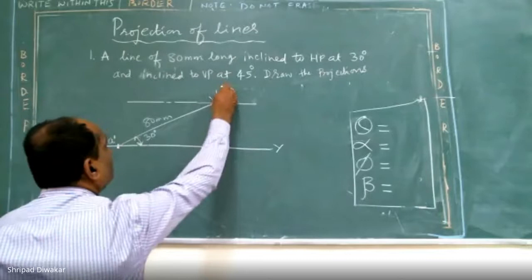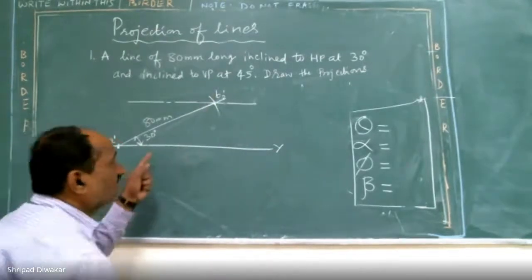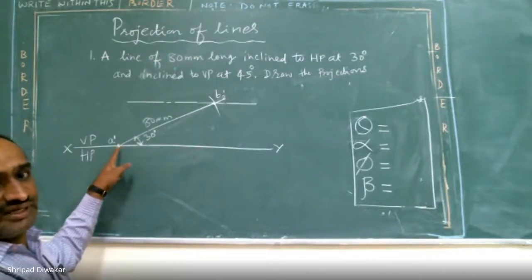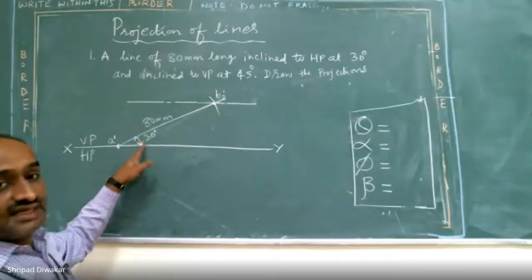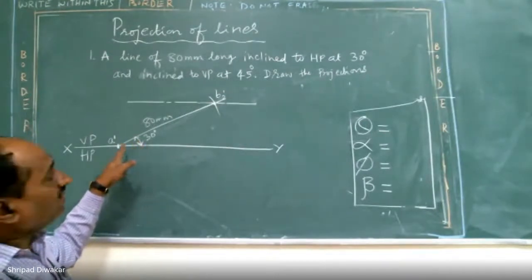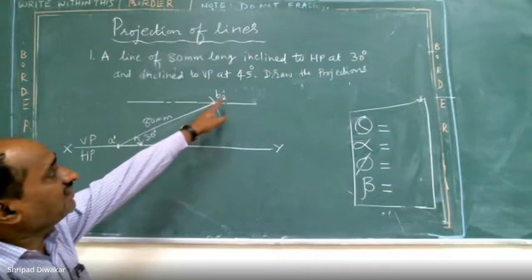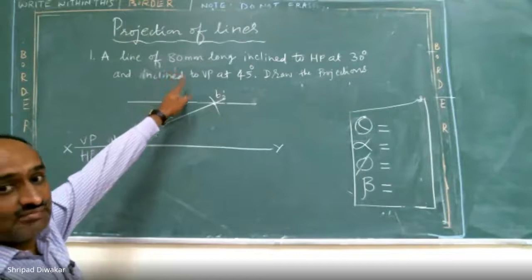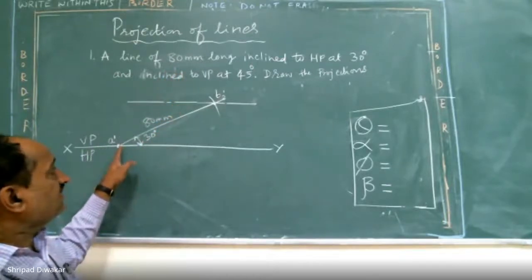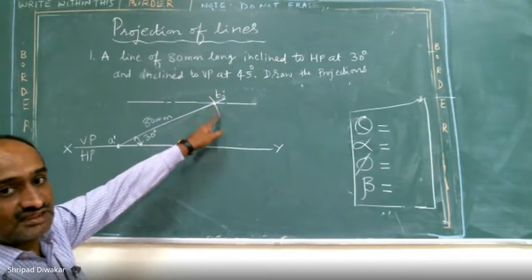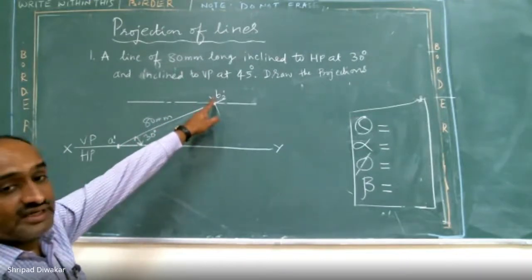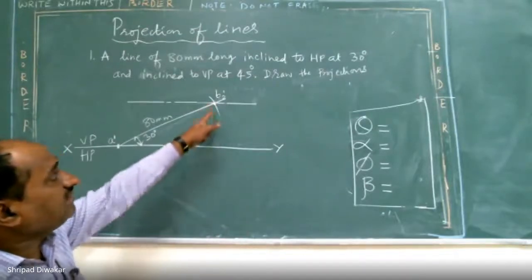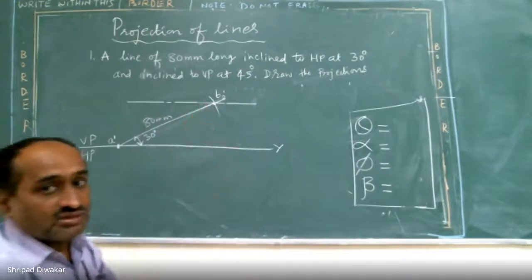Same way, how you did. First step, draw the line XY. Anywhere on the line, mark the point A dash. Next, it is inclined at 30 degrees to HP, so draw a line at an angle of 30 degrees. Now you observe my true length is 80 mm. Take A dash as center, 80 mm as radius, cut the arc. Mark that point as B2 dash. This is your true length in the front view. Once you got B2 dash, draw the locus line.